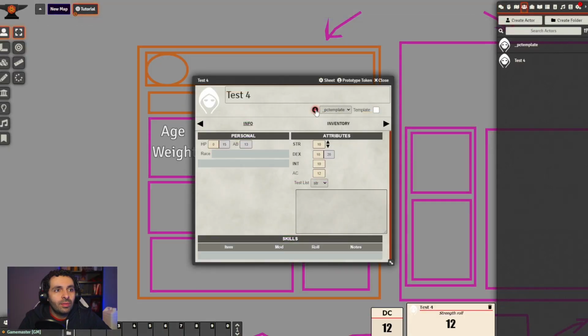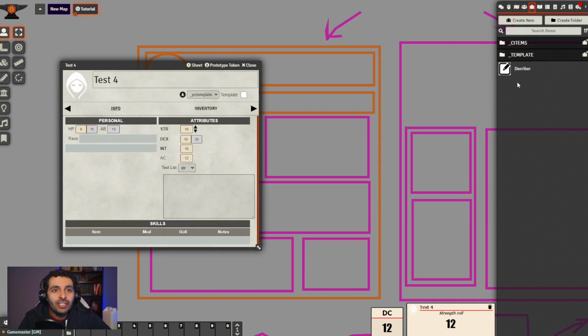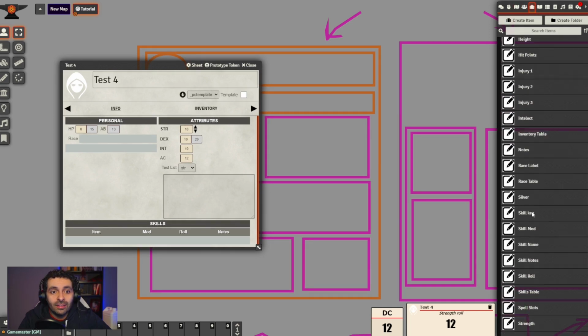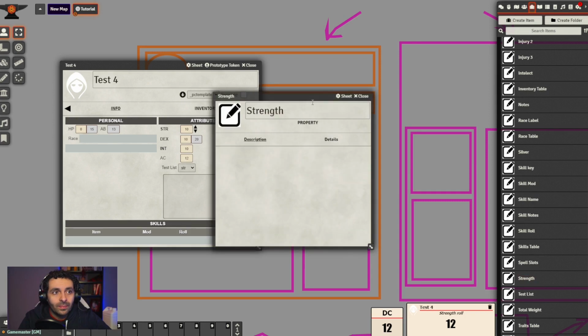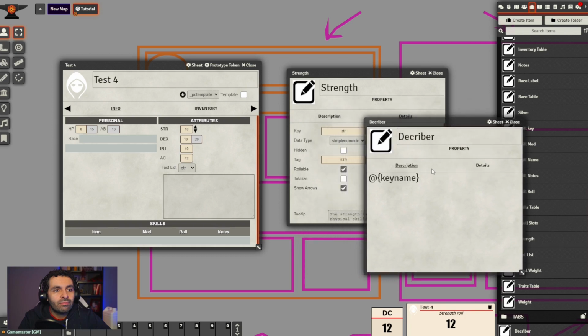So let's rebuild, let's reload. Okay, now as you can see, the test list includes the three keys of these three properties. Now I change the strength role to something like this.